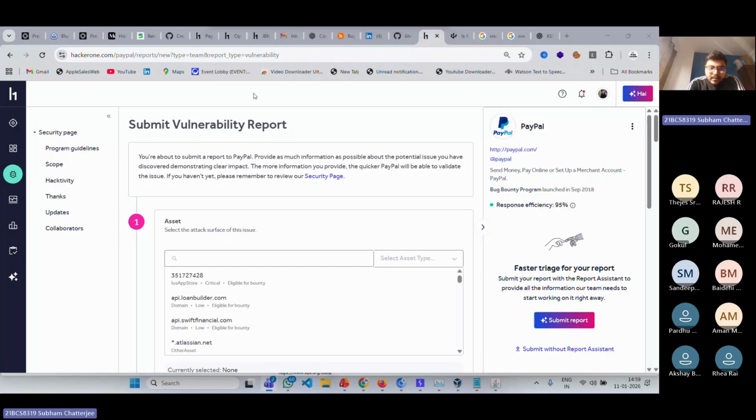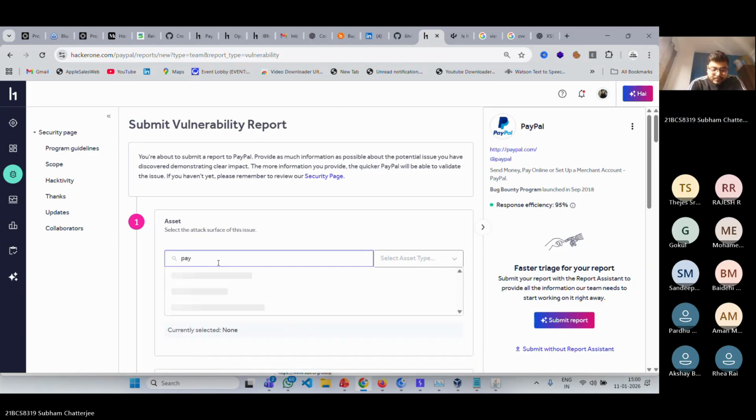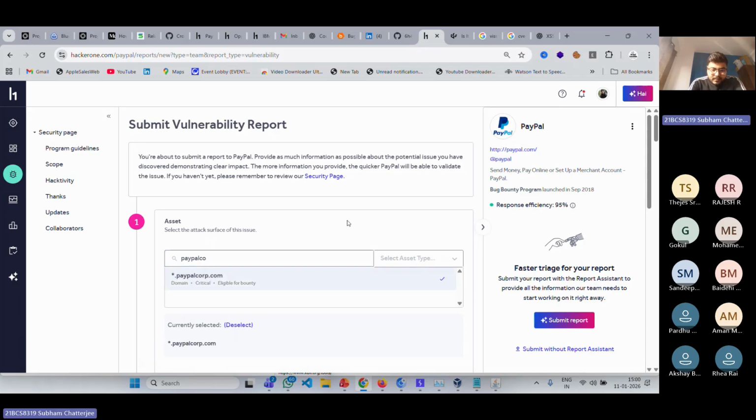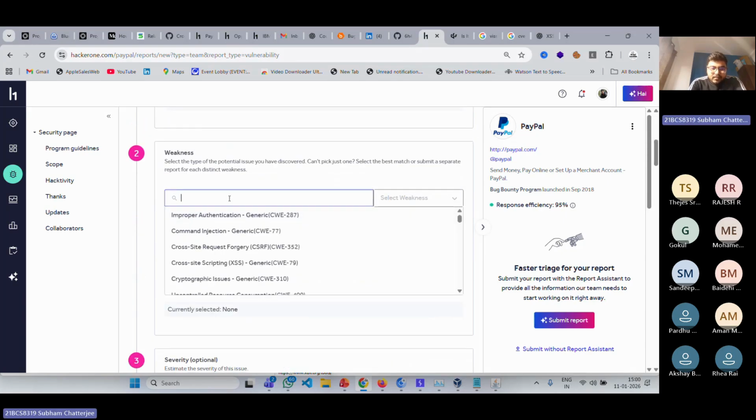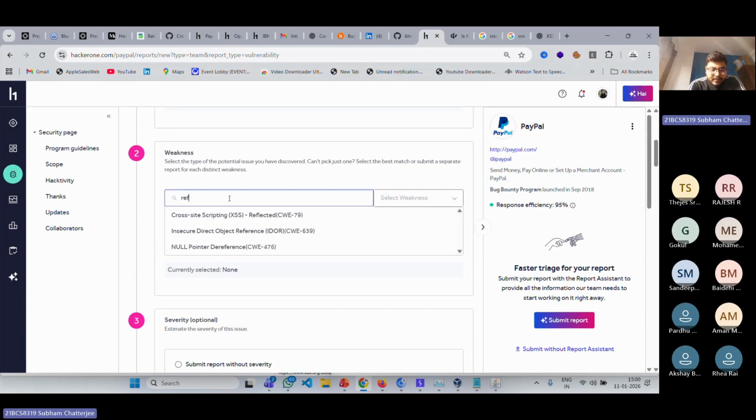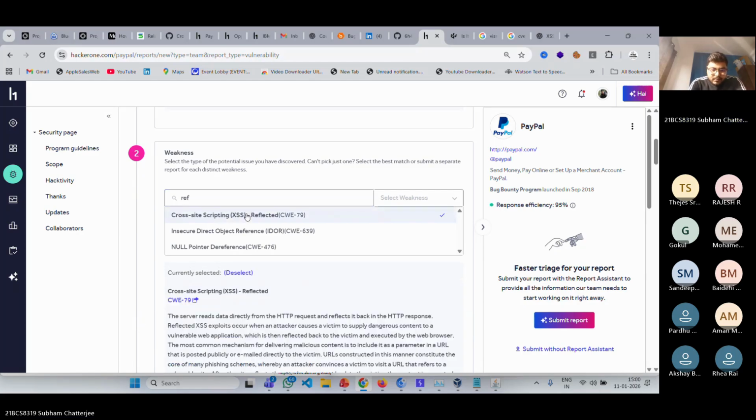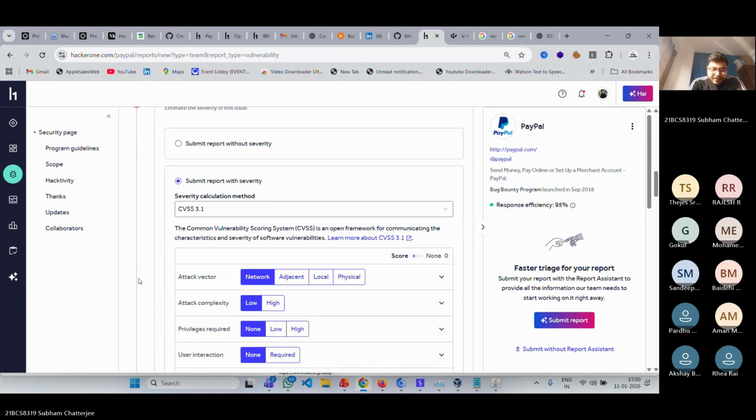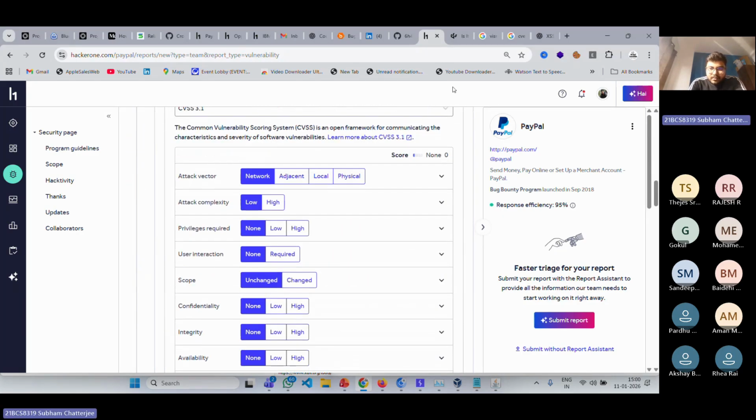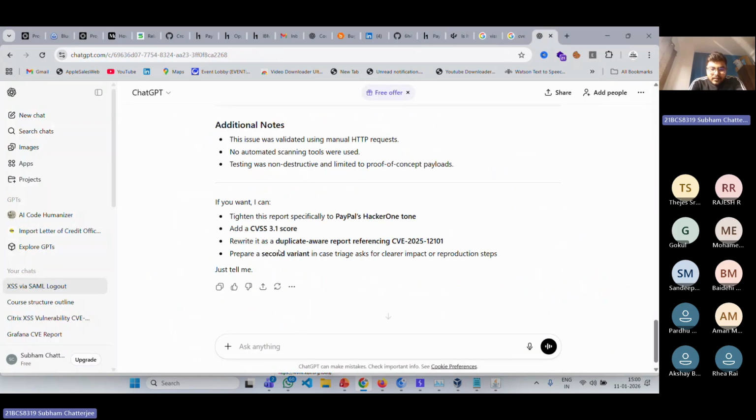So how can you report? What is happening here is you directly search for PayPal Core, this one. And what is the weakness? It's reflected cross-site scripting. If you don't know about the CVSS code,